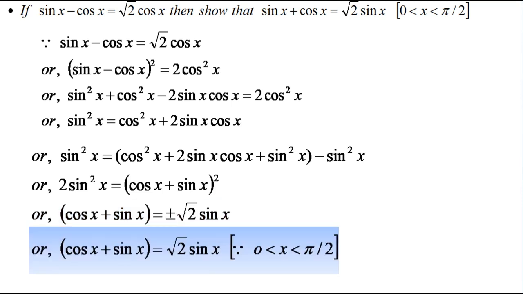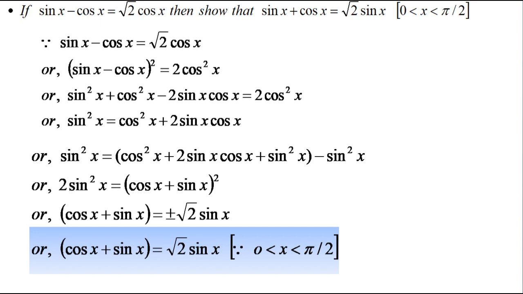Now when x is greater than 0 and less than pi by 2, then sin x is positive and cos x is also positive, but when x is between 0 to pi by 2, then sin x is positive, then minus root 2 sin x is negative, then cos x plus sin x is not equals to minus root 2 sin x,